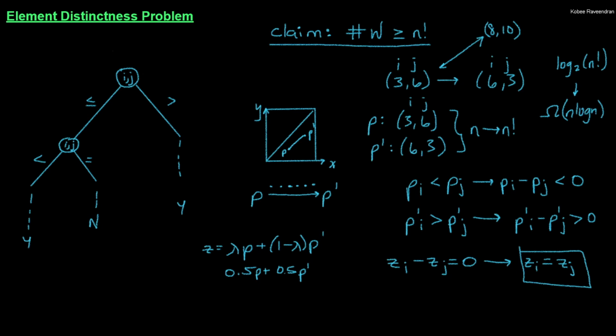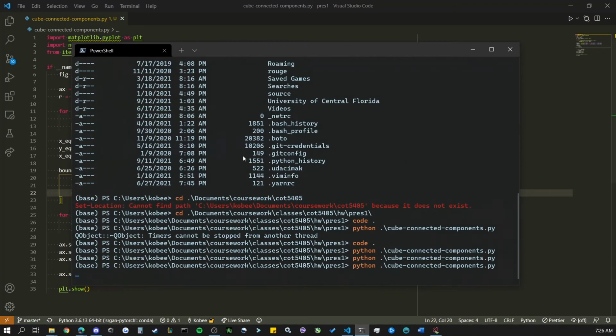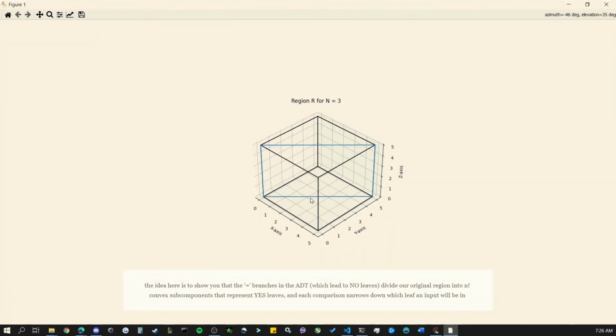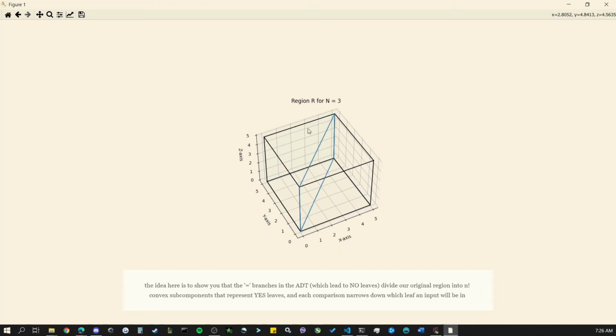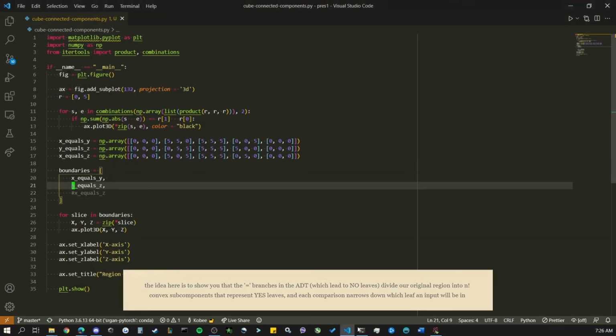So that concludes our proof, but just to convince you, since we've done all this in 2D, that it also works in higher dimensions and for other inputs, I'd like to quickly show you the same process that we just walked through with the bisecting everything, just in 3D. So if I go here, all right, first we're going to start off by showing the plane x equals y. If I run this, you should see, here's our cubic region. We have our first bisecting plane, which gives us two connected components. Now if we run with the plane y equals z,